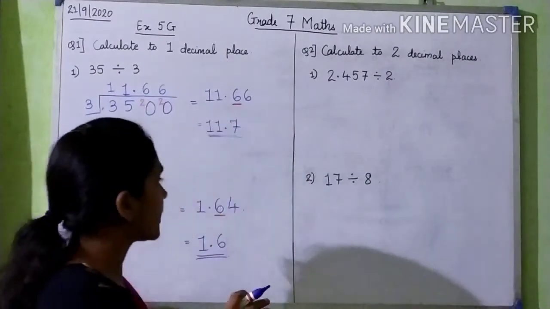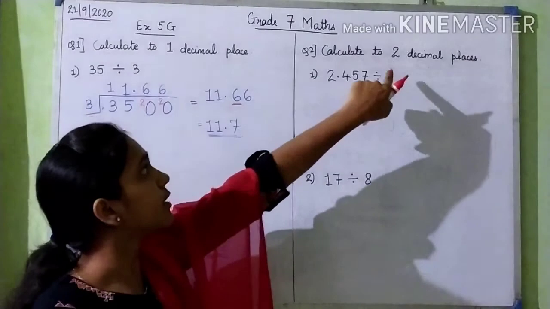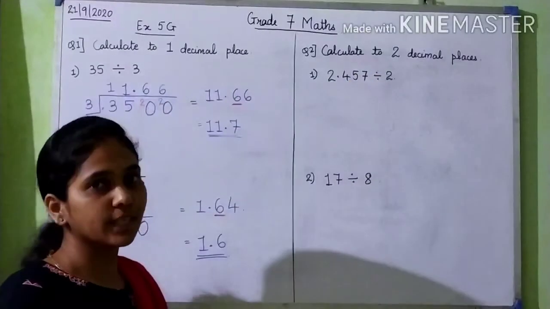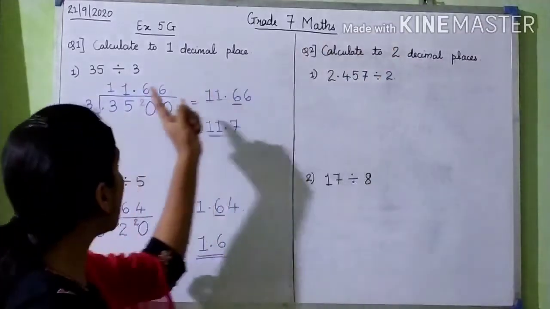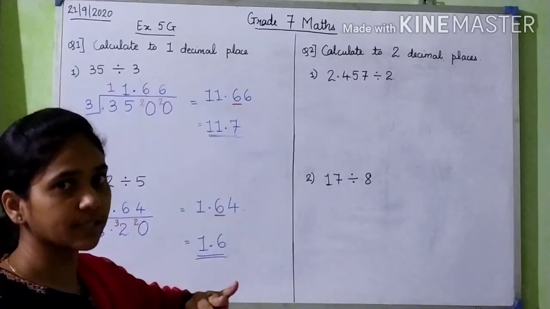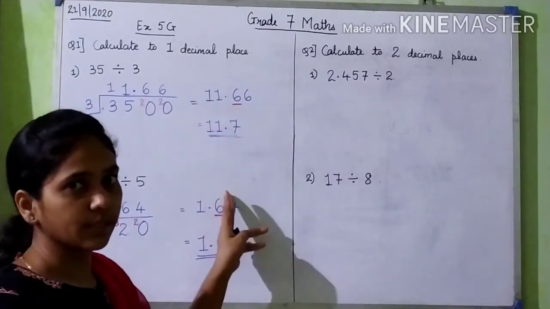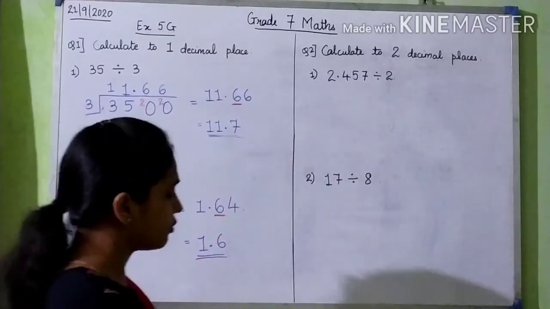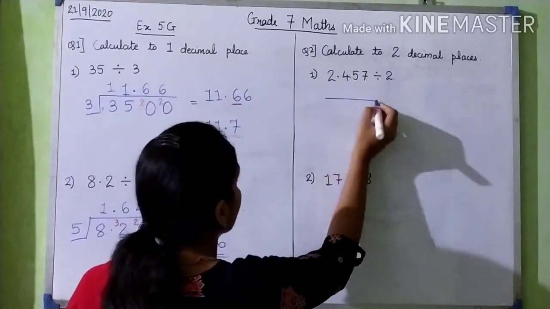Now the next question. Next question is similar to the first one. Only here they have asked us to calculate it up to 2 decimal places. So if we have to calculate to 2 decimal places, we will have to continue the division up to 3 decimal places, and then we can round it off to 2 decimal places. Okay. So let's do the first one. It is 2.457 divided by 2. So I write